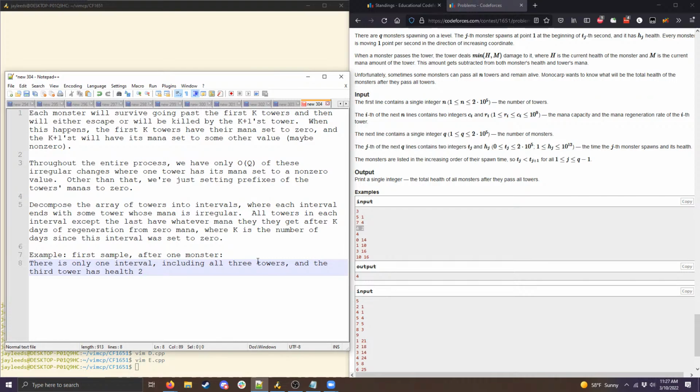So let's figure out how we can use this structure to efficiently process the monsters. For each monster, the overall idea is we're going to figure out the tower that'll kill them and how much health they'll take away from that tower. So we're going to iterate over the intervals, and